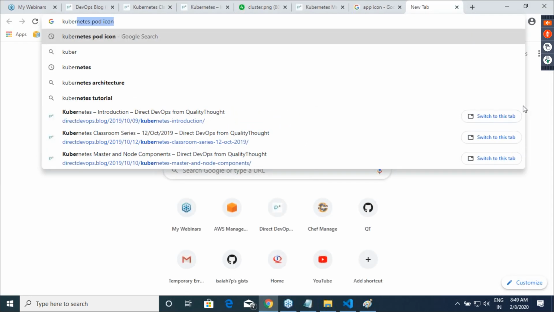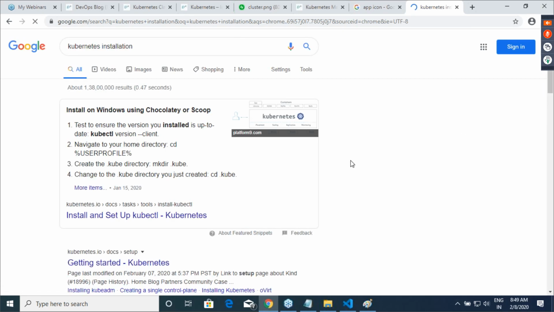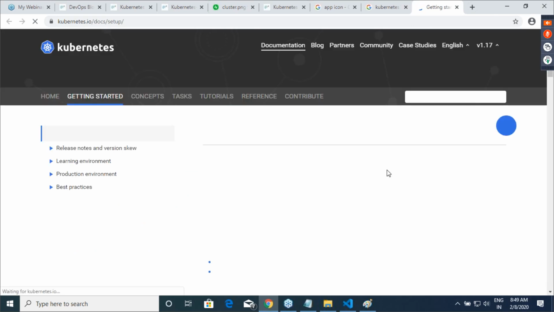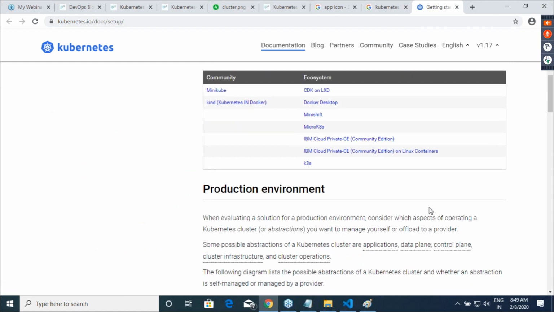What I'll basically try to show you is the Kubernetes installation. I'll go to the official documentation of Kubernetes. There are many ways of installing Kubernetes, right?